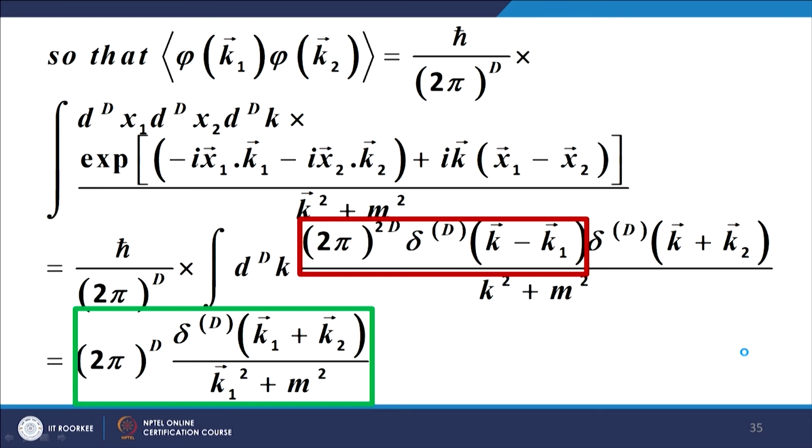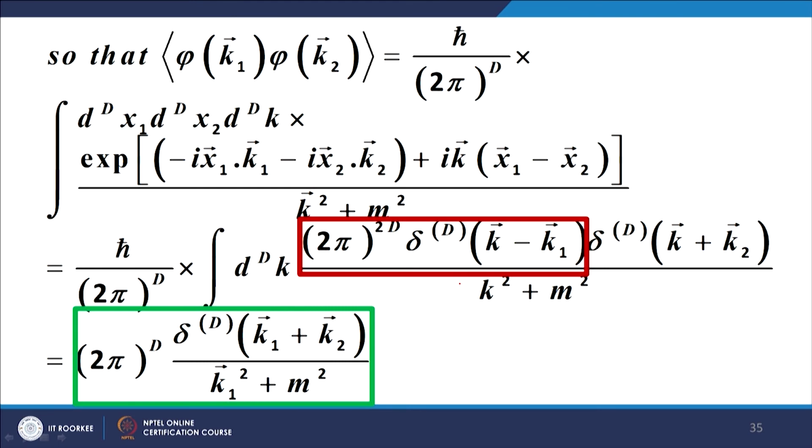So, we have two delta functions here, and we have an integral over k. When we do the integral over k, the delta function goes away and we replace k everywhere with k1 when we integrate over the first delta function, that is k minus k1. This gives us k equal to k1, and we replace k everywhere with k1, and we get